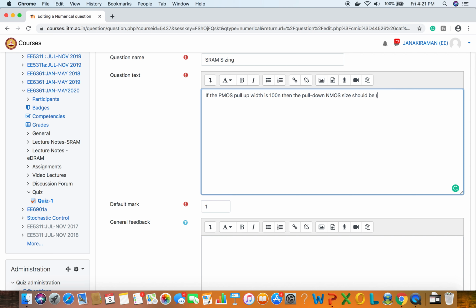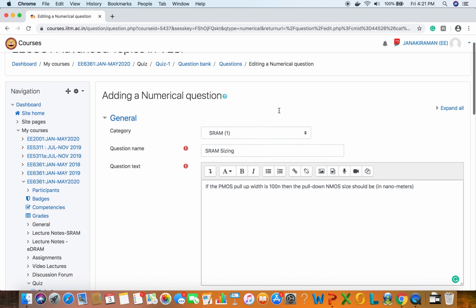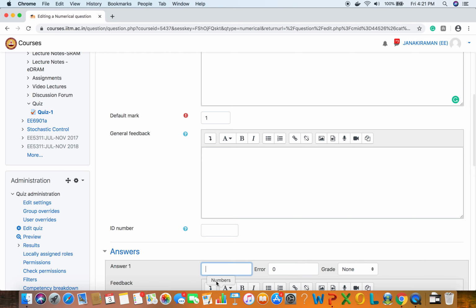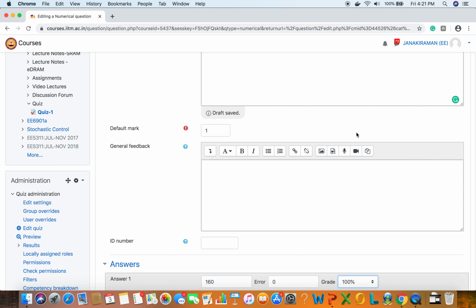And I got to also specify in what units, in nanometers, right? In nanometers, the answer is basically 160 nanometers, right? So I will just say 160, and the answer is, this is 100%, and I can also